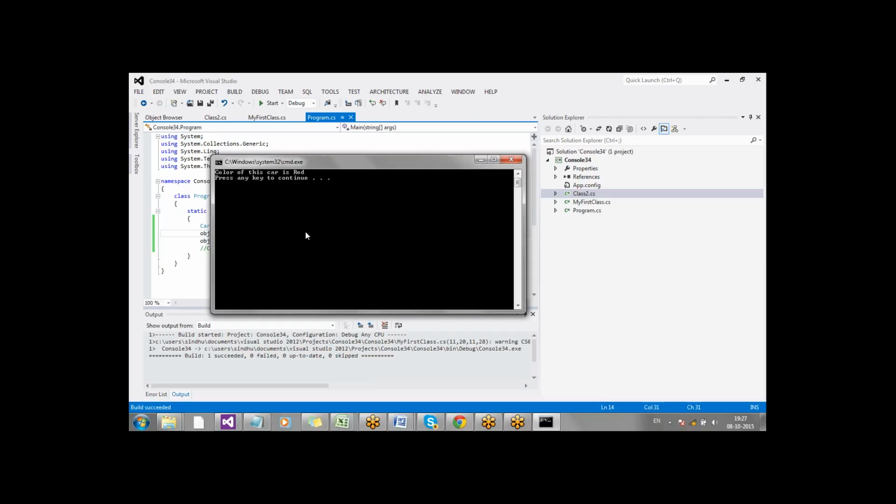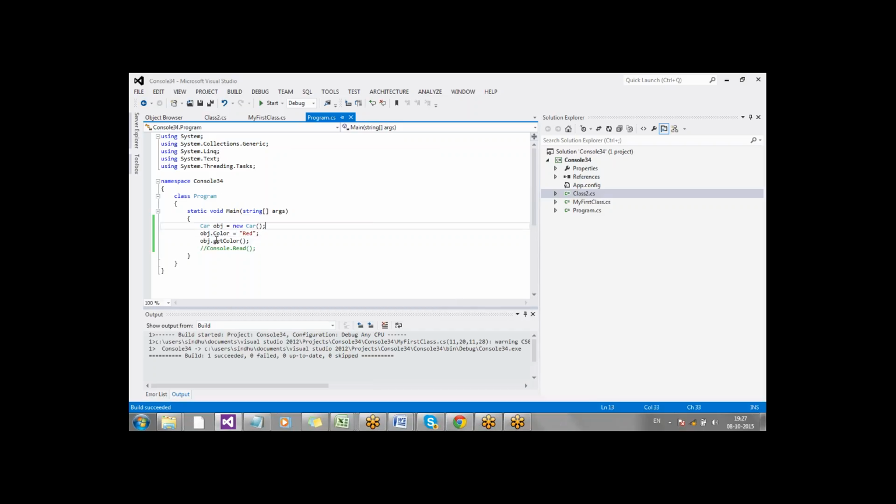Good. It will ask you to press any key until you do that. Usually we will write a Console.Read at the end. That will also do the same thing, but you don't want to see that text on the screen, right?